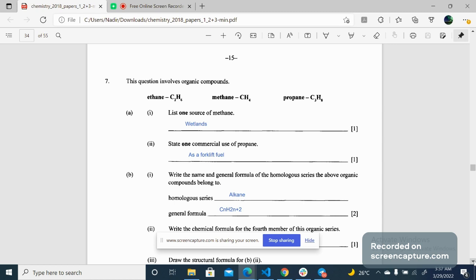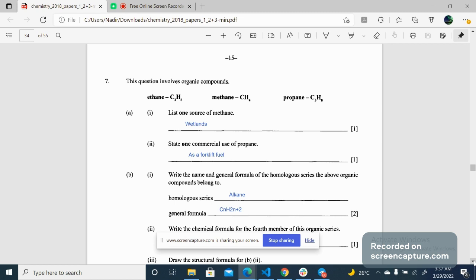The second one is ethane, with two carbon and six hydrogen atoms. So the increment from methane to ethane is one in the number of carbon atoms and two in the number of hydrogen atoms. We have moved one step forward in the homologous series. Further on, from ethane to propane, we see an increase in carbon atoms by one and in hydrogen atoms by two. So this is the pattern.